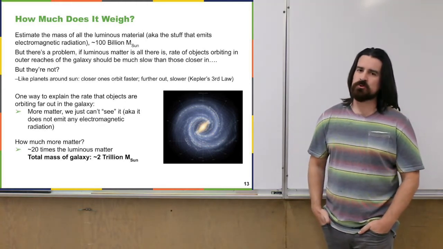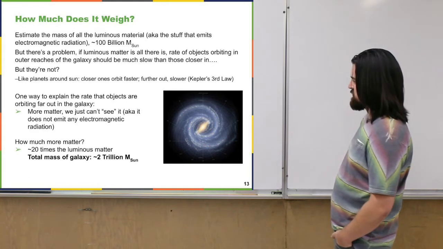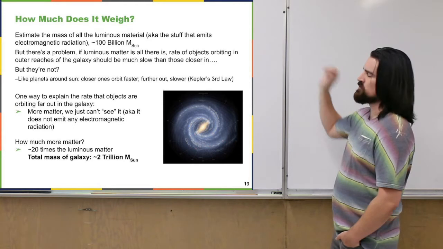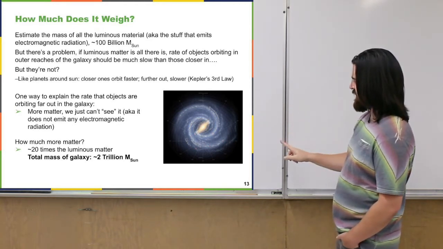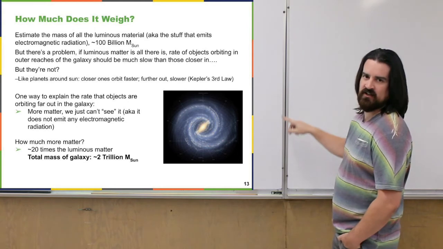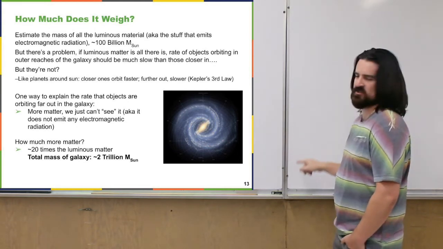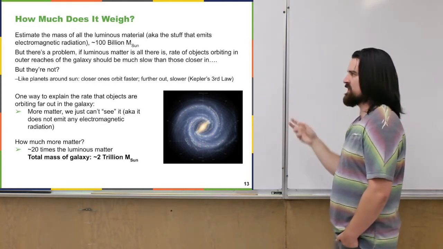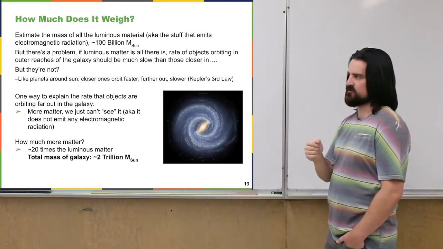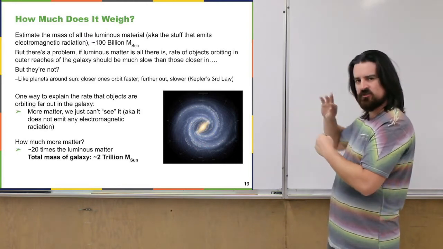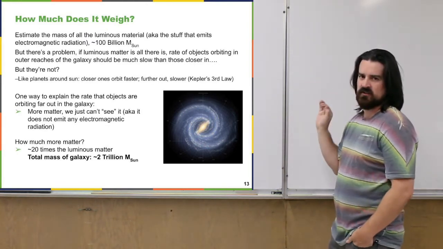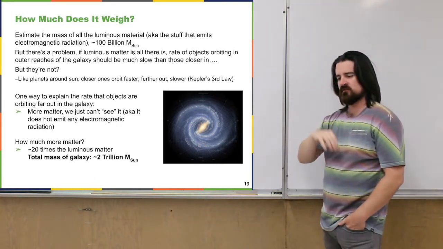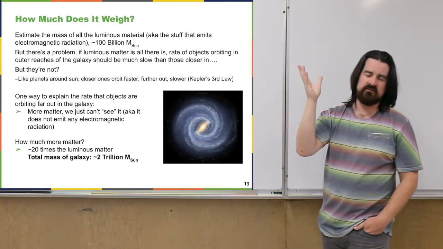However, as I told you, it's an issue, because if it's only that amount of mass that makes up our galaxy, then we can use our understanding of gravity to say how fast something towards the outer edge of our galaxy should be rotating, how fast it's going to be moving around. Because it should only depend on the mass, the gravitational pull it's feeling from all the other masses determining how fast it moves. So towards the edge of the galaxy, we expect things to be moving much slower relative to stuff towards the middle.